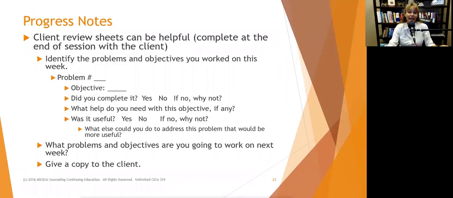I haven't yet had a client get upset about going through this, going, why are we doing your paperwork right now? Because I make it relevant to them. When they are setting and achieving their own goals, not in counseling, they're going to probably do something similar, and they may not write as much down, but they're going to have to go through it incrementally. So this is a learning process.